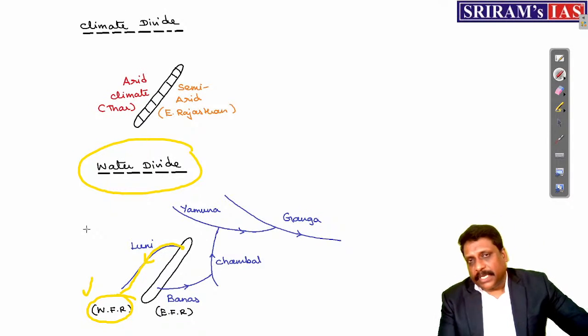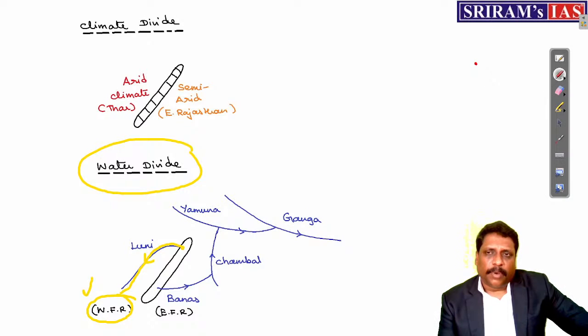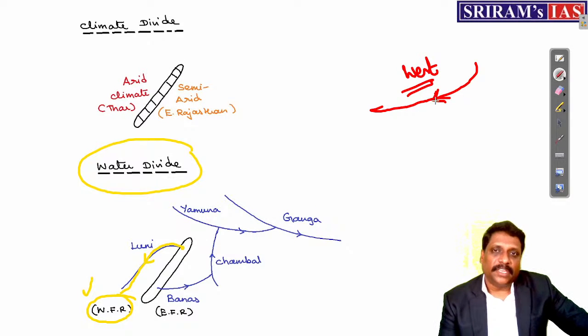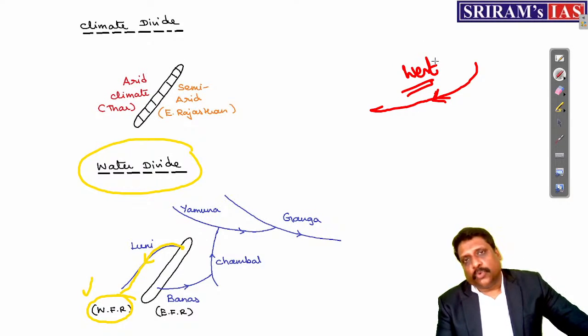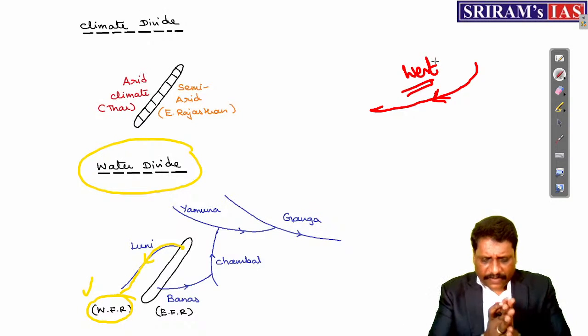Because Brahmaputra, for that case, if I just take it, Brahmaputra in India, my dear friends, largely you will be finding that Brahmaputra will be flowing towards what? West. In India, particularly when I talk about Assam, Brahmaputra will be flowing towards the west. But still, Brahmaputra, we call them as what? East flowing rivers. Why? Because I should take the larger flow.